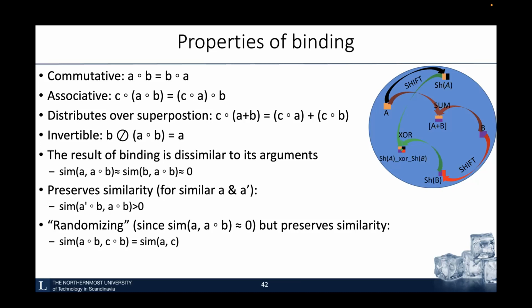Then you take the result and compare the similarity to the components. In this case, the result is quasi-orthogonal to both of the components. And this operation is used to